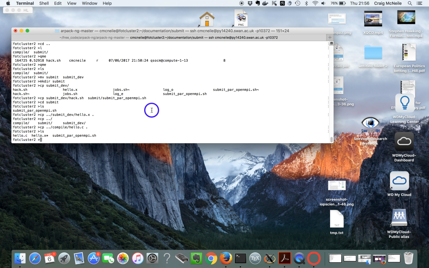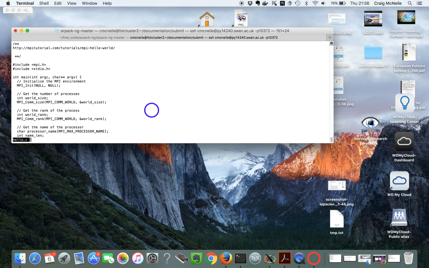This is a quick tutorial to show you how to submit a job to the cluster queuing system. Okay, so what we have here is the directory, and we've already compiled up our executable. So this is the MPI program, and we can see here,